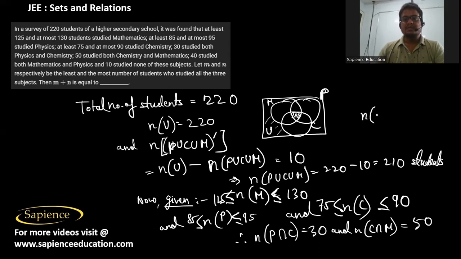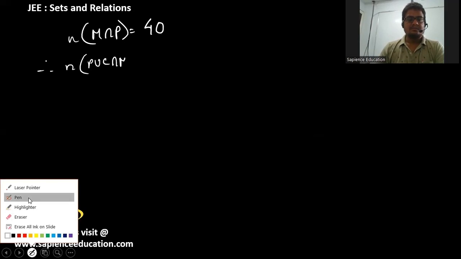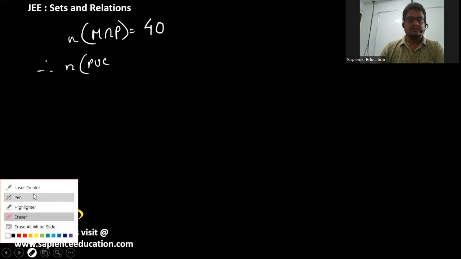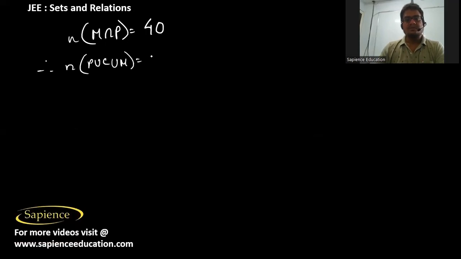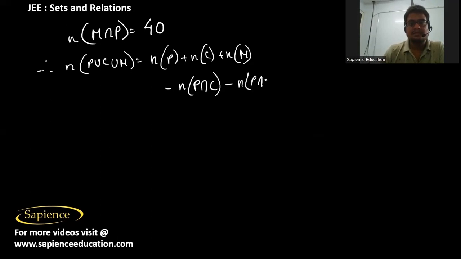It means we have to find the range of the values of P intersection C intersection M. So now we can say n of P union C union M is equal to n of P plus n of C plus n of M, then minus n of P intersection C, minus n of P intersection M, minus n of C intersection M,